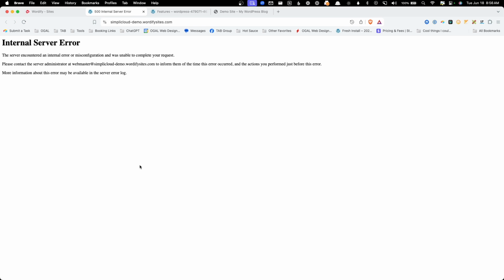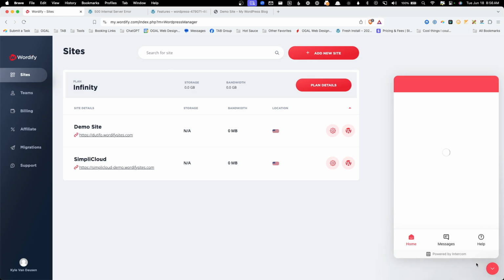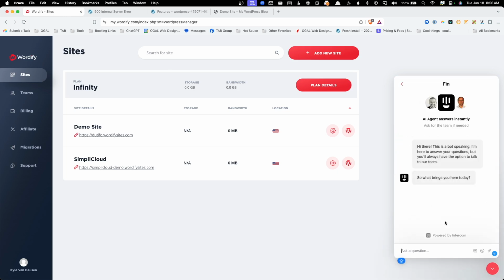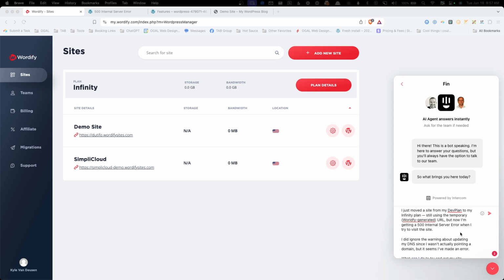So maybe this is a good opportunity to test out the support. We'll go back in here into the Wordify account, and I'm going to try to open a new support ticket by going here to the little live chat widget and clicking add a question. And I've gone ahead and typed out a message to them, letting them know that I moved the site from my dev plan to my Infinity plan, still using that temporary URL, and now I'm getting a 500 internal server